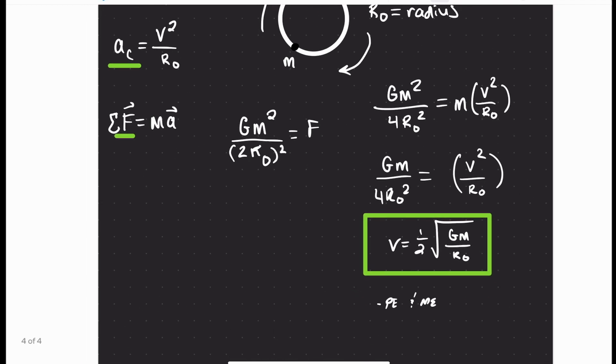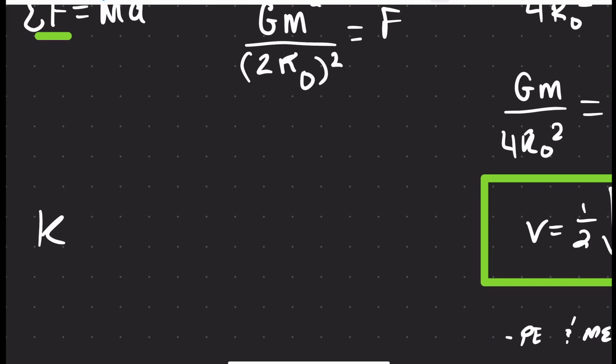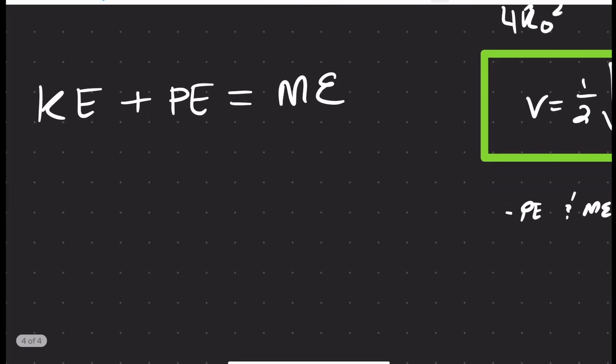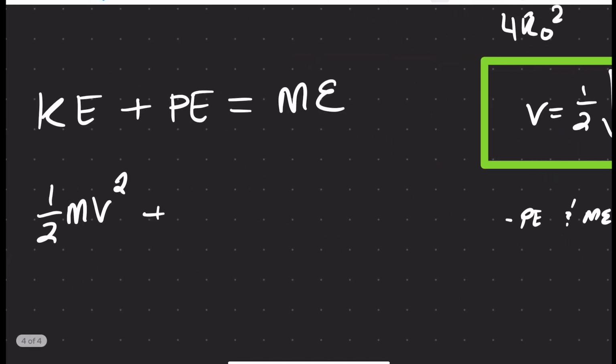So why don't we go ahead and write down our expression. We know that kinetic energy plus potential energy equals the mechanical energy of the system. And we've derived kinetic energy to be 1/2 times the mass times the velocity squared. We can use the velocity that we found in the previous part and plug it in here,